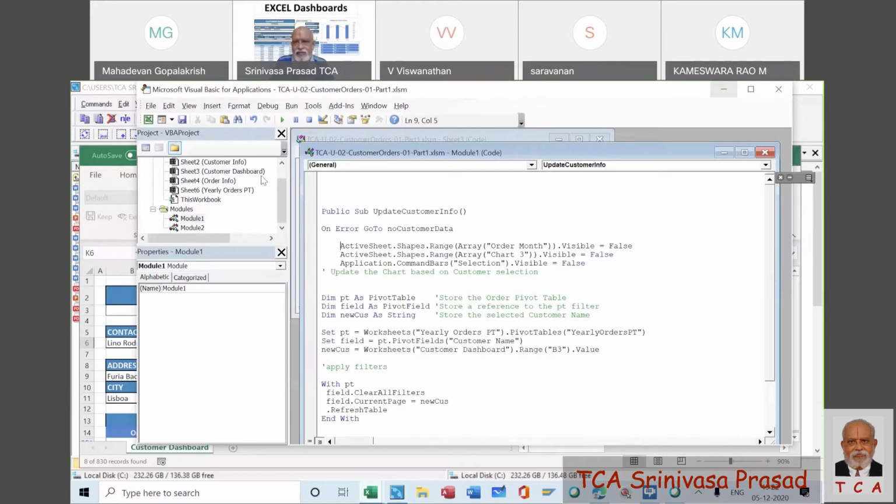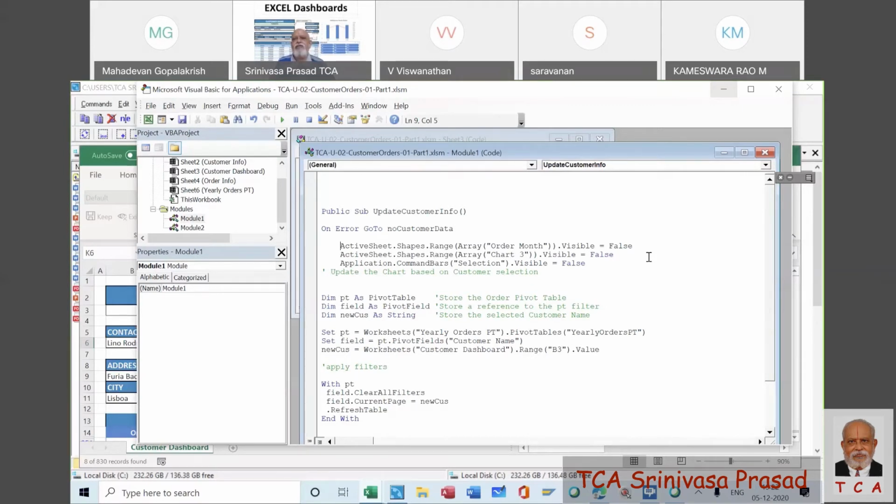Now what happens when I say visible is equal to false? That means the chart is not going to be visible. Please remember. You understand the English? ActiveSheet, Shapes, Range, Array, chart 3 dot visible is equal to false means the chart will not be visible. CommandBars, if I say it is not visible, then it will not be visible.